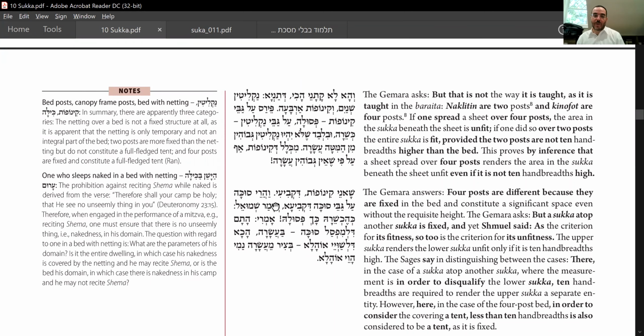And last question about Shmuel in this version. Remember the case of a double-decker sukkah? And that is permanent. You don't leave it there all year. It's permanent in the sense that it's not flimsy. You leave it for 7 days. It's not like this netting that you just take on and off. So that's considered permanent. And yet, Shmuel